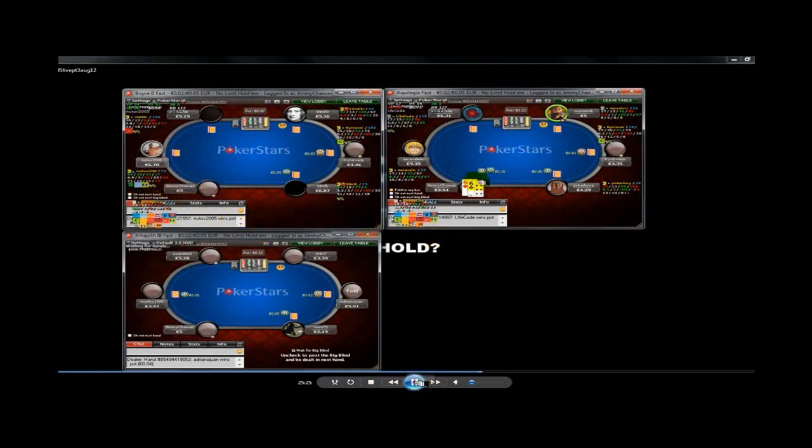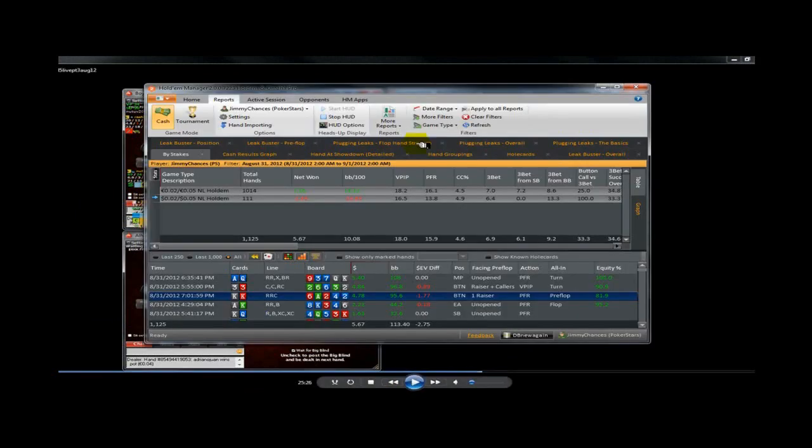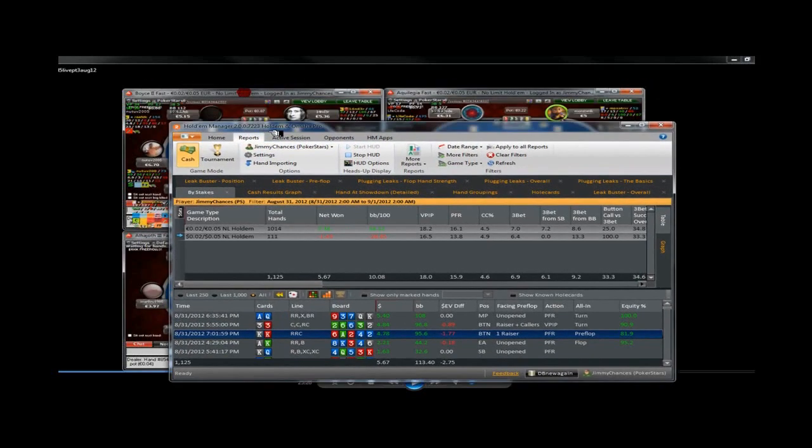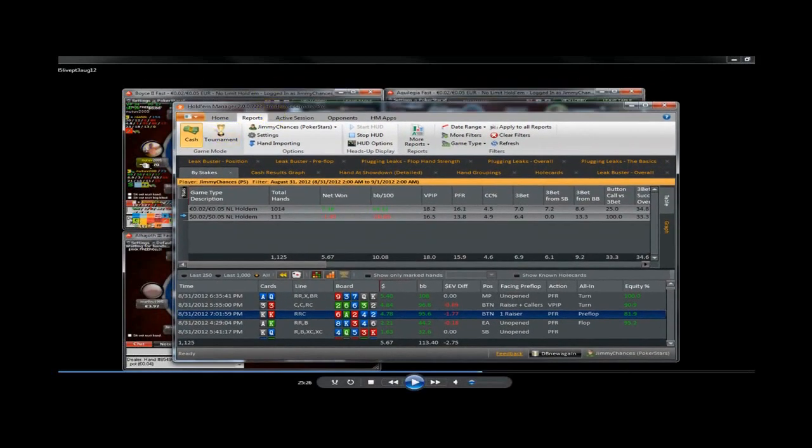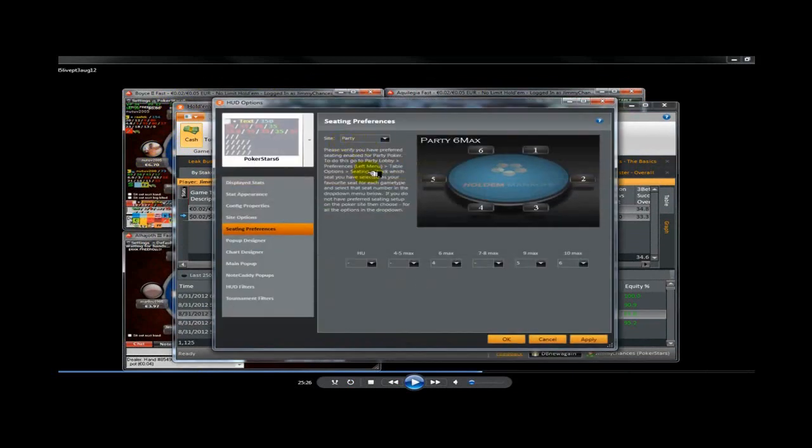And sometimes you'll find that where you're playing on a site, wherever you sit, the HUD isn't lining up. So basically the HUD's not lining up to where you're sat, and you might be set to sit anywhere. So you pretty much join any table, any seat. You sit on any seat, any table, and the HUD's not lining up. And the reason for that will usually be that the seating preferences are set wrong. For instance,